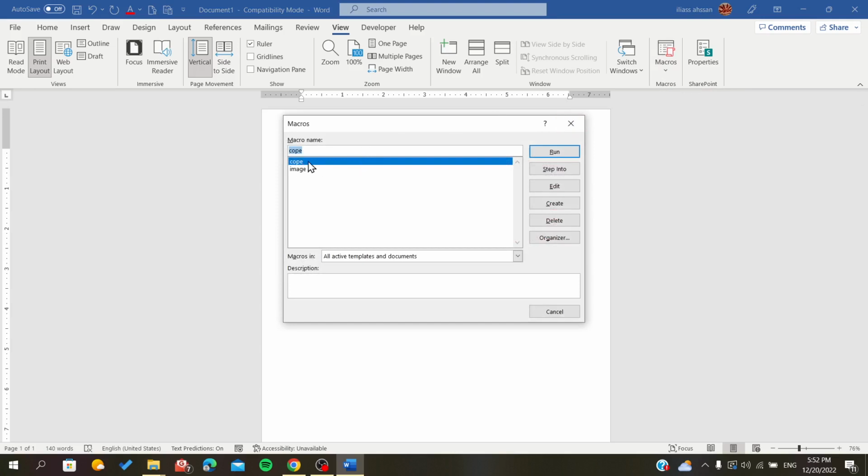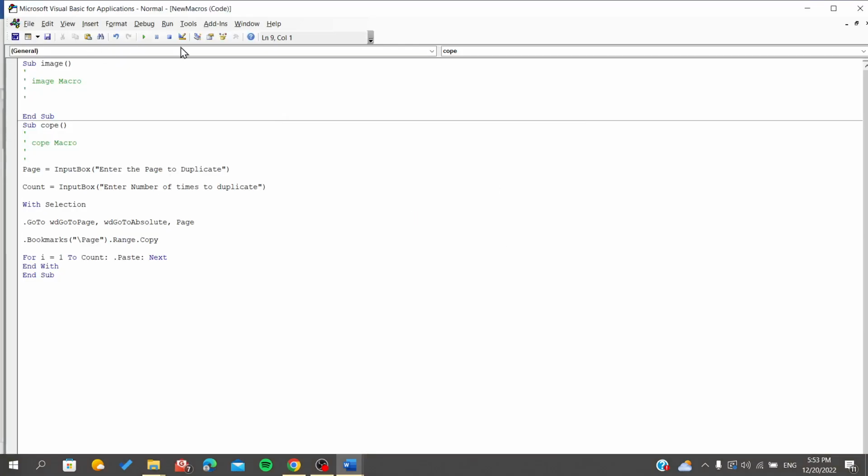As you can see, I have already created this macro. To create another one, all you have to do is add a name, for example, duplicate, or whatever. And then you will click on Create, and it will pop up a page,